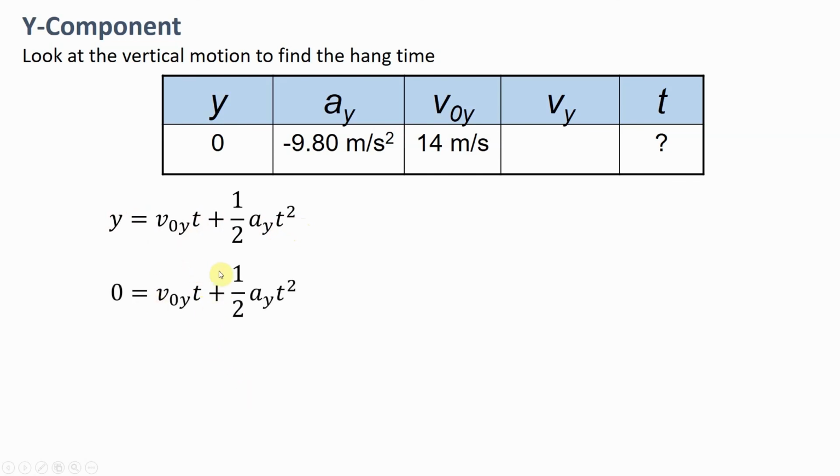So now I've got a t in both terms here on the right, so I can divide both sides by t and get rid of one of those. Now what that extra t is doing here mathematically is telling us that another solution to this equation is t equals 0. And you know what? The math is right. The ball is in fact on the ground at t equals 0, just not the solution